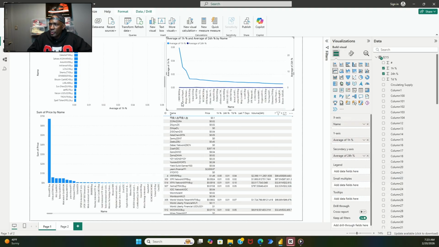And now we can see that the highest percent change in 1 hour was OWB. But as we see, it starts going down over time. So initially we were looking at the 1 hour percent change. Now we're going into the 24-hour percent change. So when we go to 24-hour percent change, we now see that the 1 hour gets closer to the 24-hour